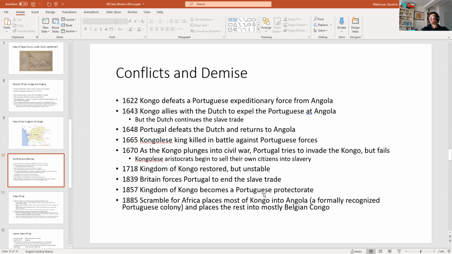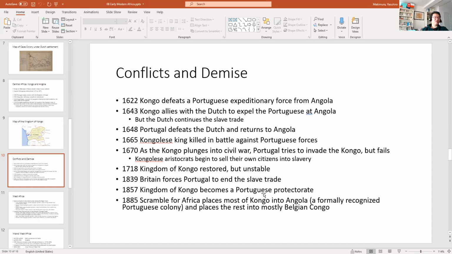I suspect that what happened is that by this point in time, the slave trade has been going on for so long that the local economy has fully incorporated the slave trade as part of its system. And when the slave trade comes to an end, because Britain forces the Portuguese to end the slave trade in 1839, the economy begins to crumble. And when the society is no longer able to function, when the government is no longer working, when the economy is probably collapsing for various reasons, but I think including the sudden end of the slave trade,